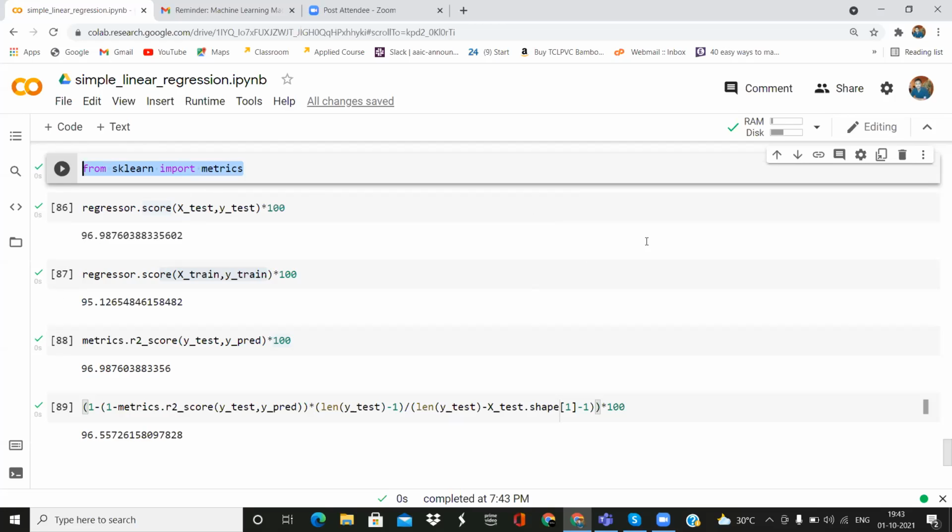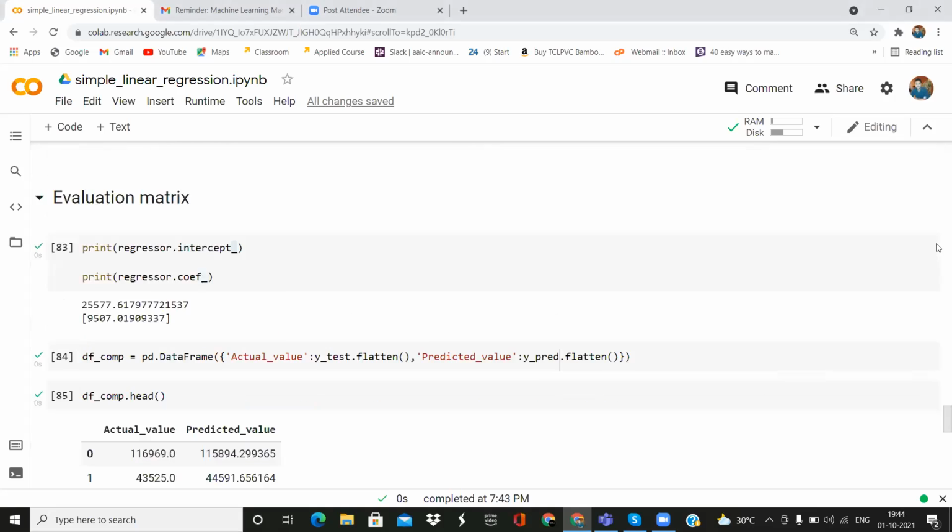Yes, Srishti, you can do cross validation, but here I haven't gone through cross validation because of the complexity. You can do it, yes.